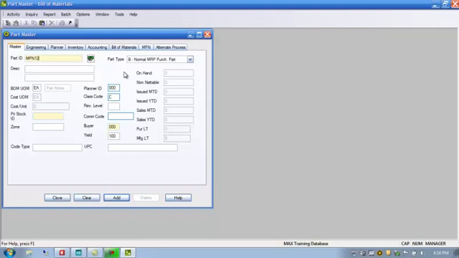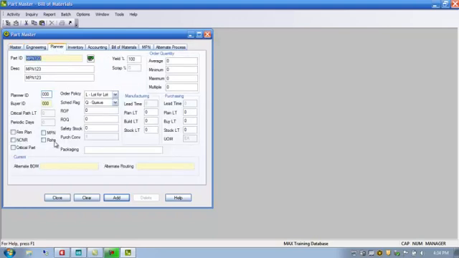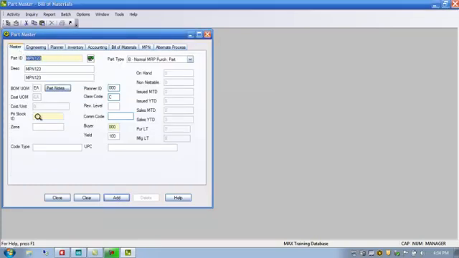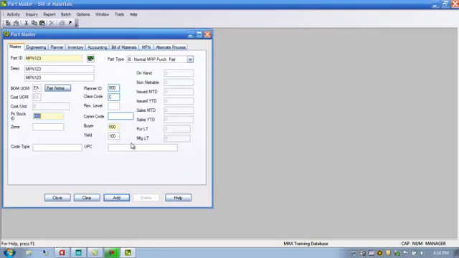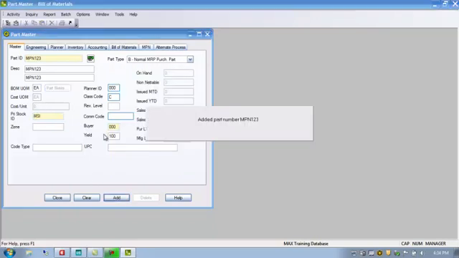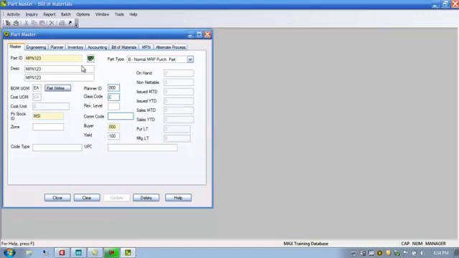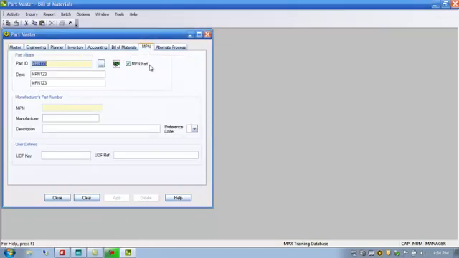We'll call it MPN 123, and this is going to be a purchase part. And we're going to click on Planner, and put it under MPN control. Okay, let's give it a primary stock ID. Okay, now we'll add it. Okay, now we'll go over to MPN, and it automatically puts it in there for us, and it's under MPN